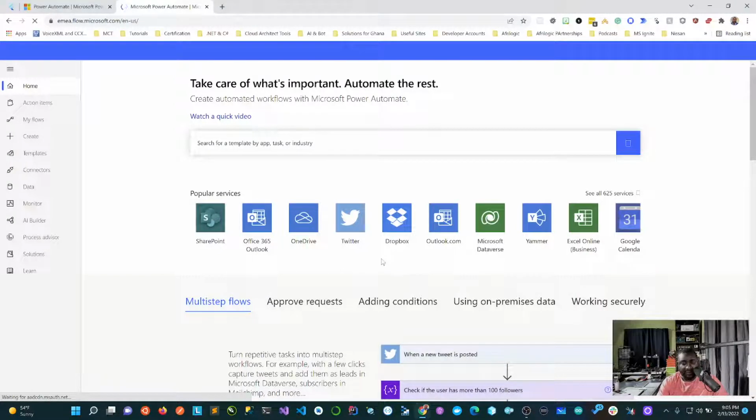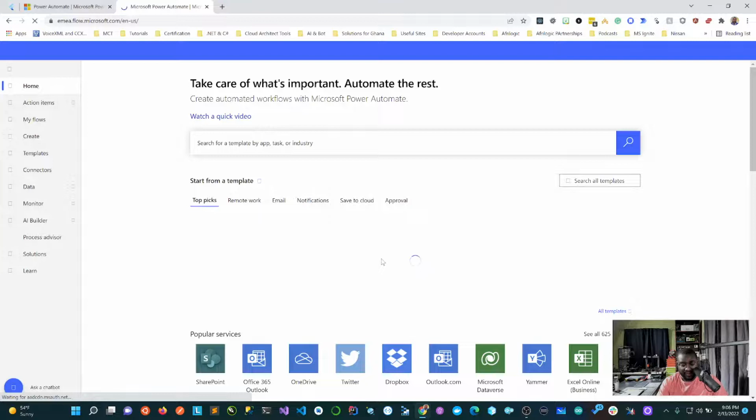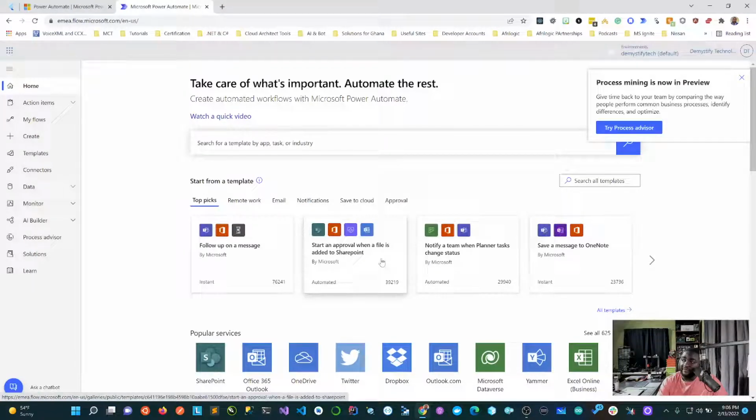So yeah, this is the Power Automate interface, and I'm just going to walk you through something basic. Like I mentioned, I have done in-depth videos on how to do stuff from the beginning. This is just a conversation, and also just a way for us to familiarize ourselves with what's happening. So, yep. I'm going to show you around.